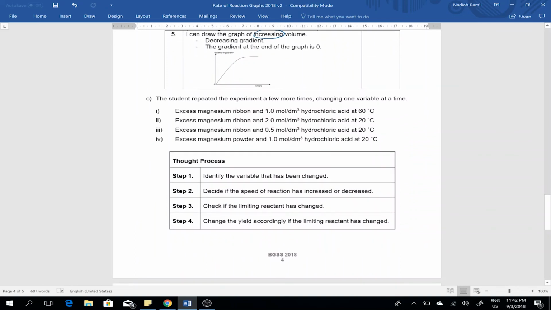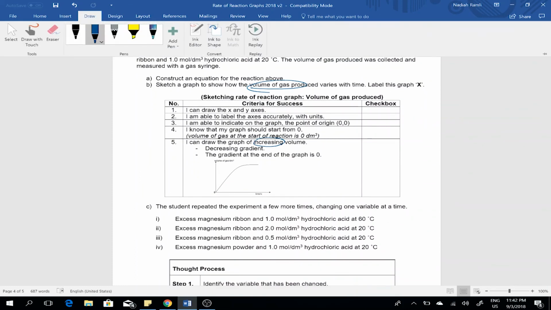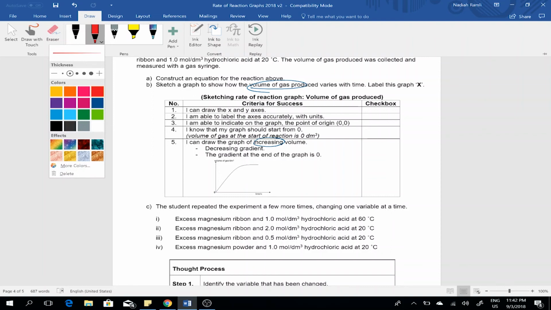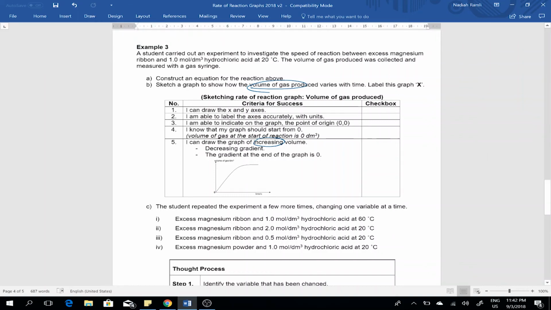Student repeated the experiment a few more times, changing one variable at a time. So now let's compare the rate first. Excess magnesium ribbon and 1.0 mole per dm cubed of hydrochloric acid at 20 degrees Celsius. So we still have the same excess magnesium ribbon, 1.0 mole per dm cubed, still the same, of hydrochloric acid at 60 degrees Celsius. So the temperature has increased. So increased temperature, increased rate,